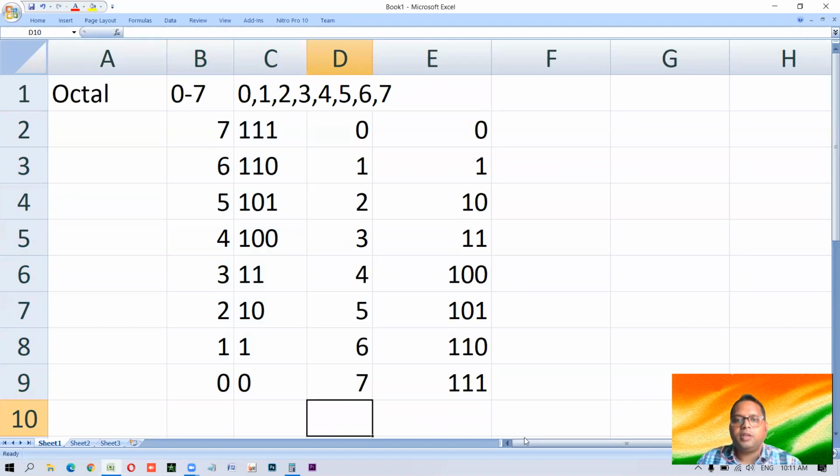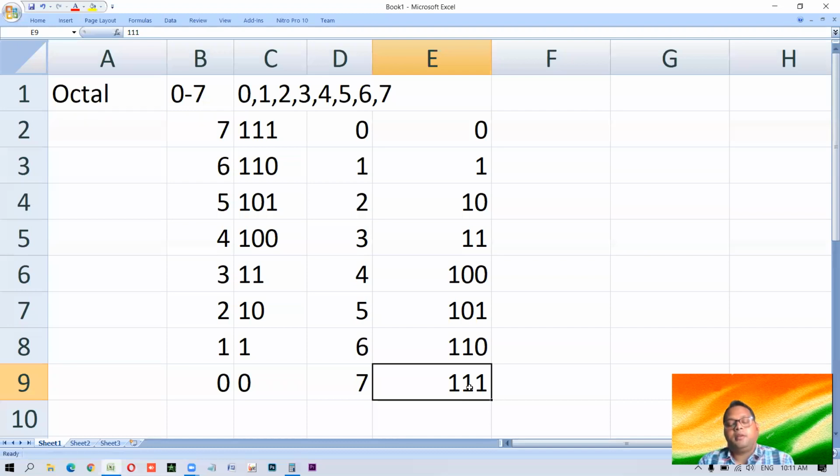Remove this. So you have to see the largest number among them, that's of course 7, and you have to also see the largest number contains how many digits. It contains 3 binary digits, or 3 bits. Binary digit को ही short में we call bits. So it contains 3 bits,